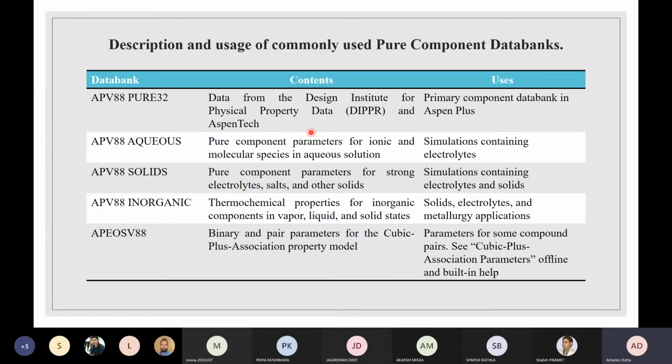So, description and uses of commonly used pure component data banks.